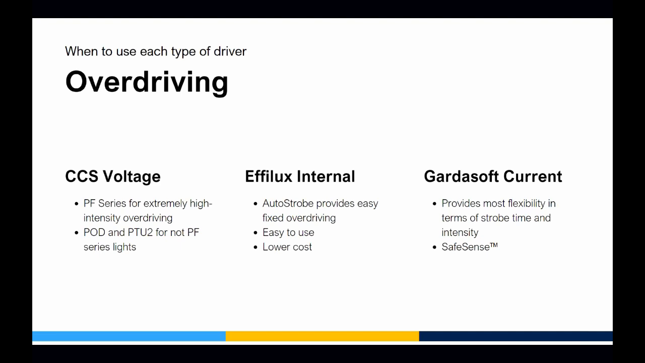So now when we get to overdriving, you have a lot of options to overdrive a light, to be honest. CCS has our PF series for extremely high intensity overdriving. The PF series lights are going to be up to 10 times brighter than an overdriven light. So the kind of rule of thumb is